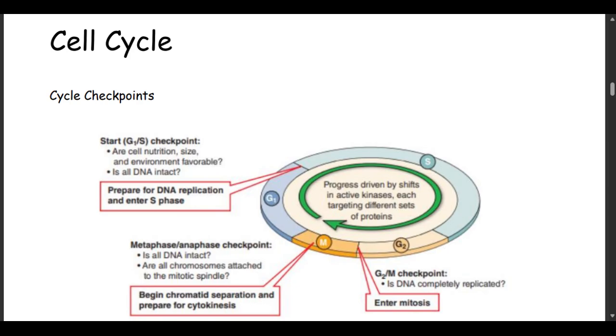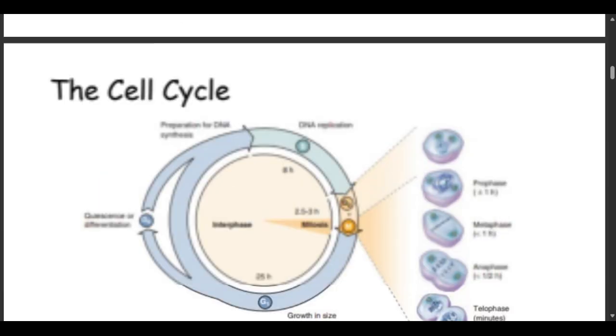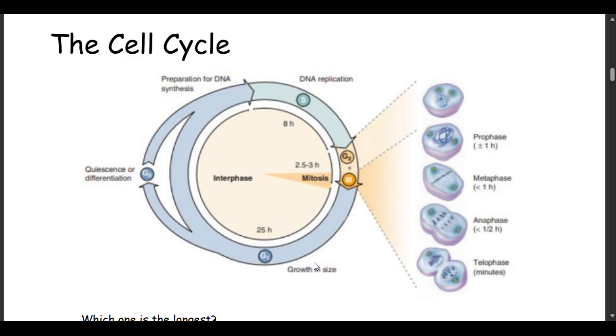All right, so the cell cycle basically has these phases. In G1, the cell is growing in size. The cell is undergoing a growth in size. It's taking in all of the material that it needs for its cellular functions and everything. Then when it reaches the S phase, this is where DNA replication has to occur. S stands for synthesis. So there's DNA synthesis or replication. The DNA in the nucleus is being replicated in preparation for mitosis.